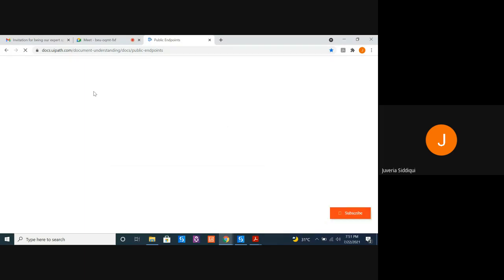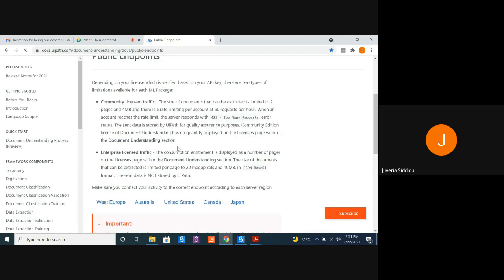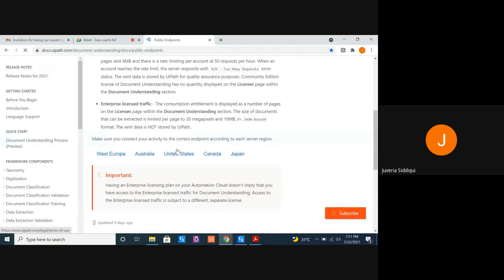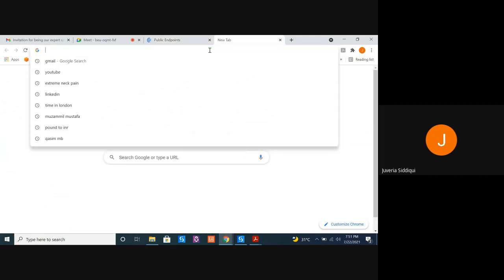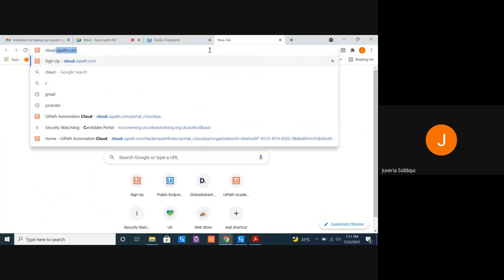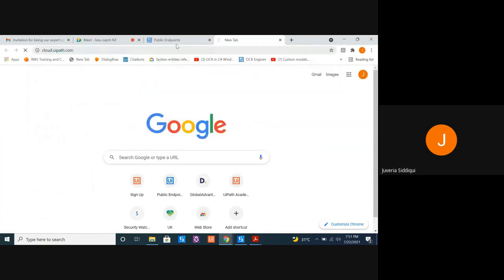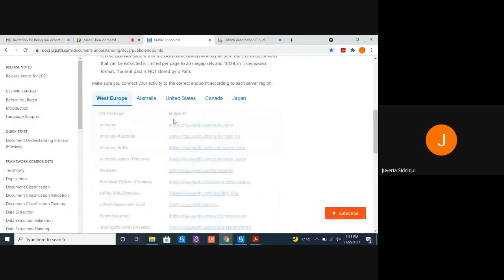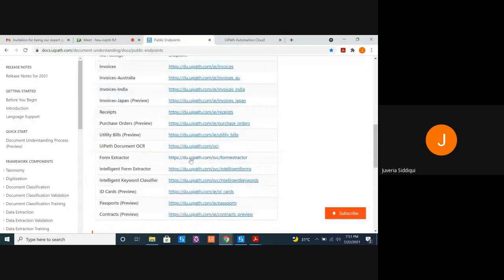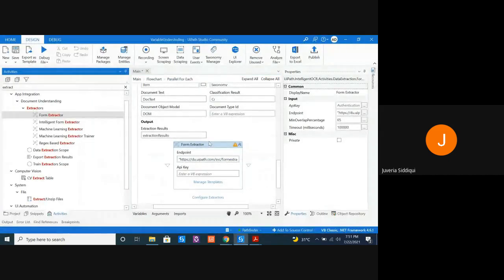This is the go-to document from UiPath for all the public endpoints used for document understanding. I'll let this page load. I'll also open my cloud account, that is my orchestrator. So this was auto-populated for our form extractor activity over here.